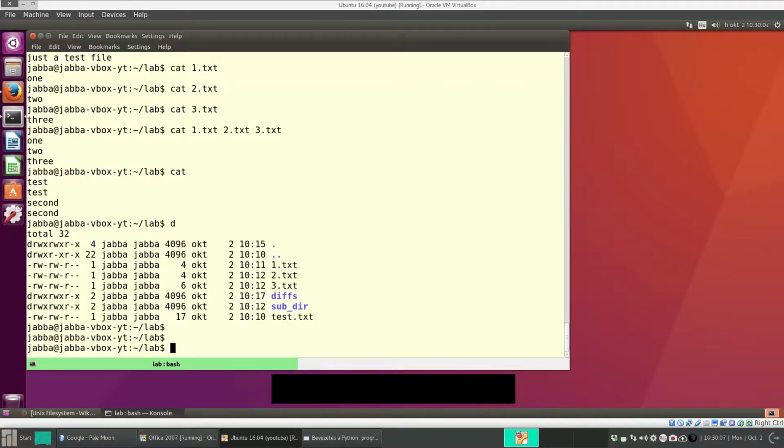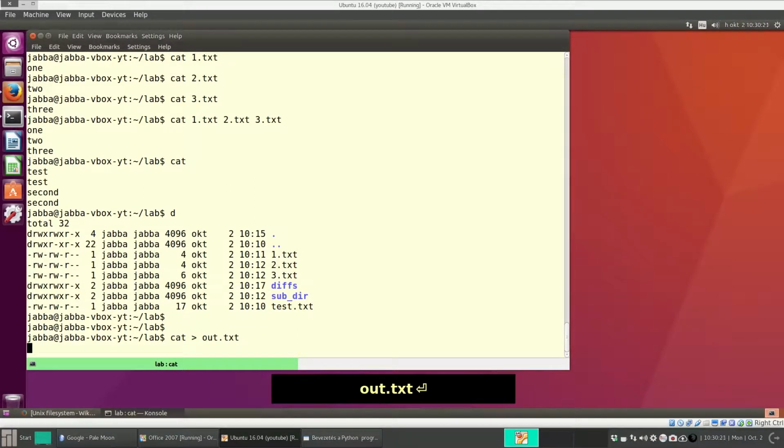You can create a file with cat. So actually you don't need a text editor to create a file. Cat, and we want to redirect the output to a file. For instance, out.txt. Again, we didn't specify any input, so cat is reading from the keyboard. I type something,